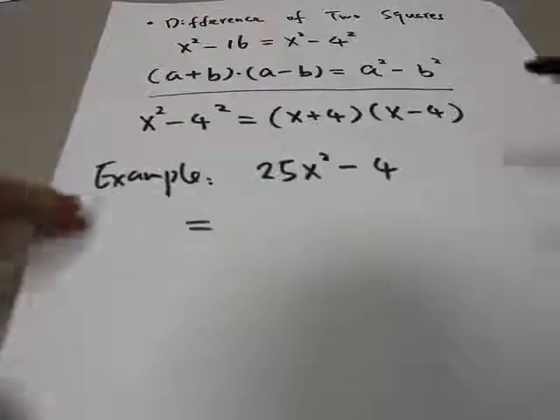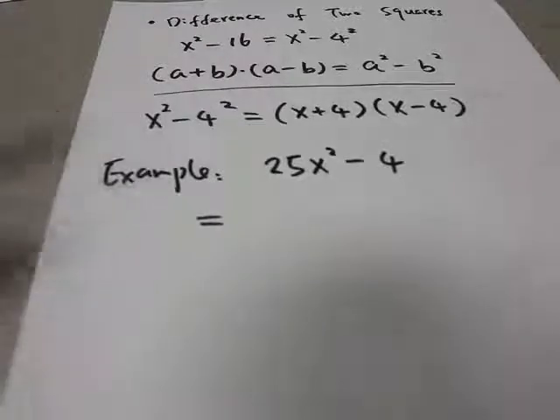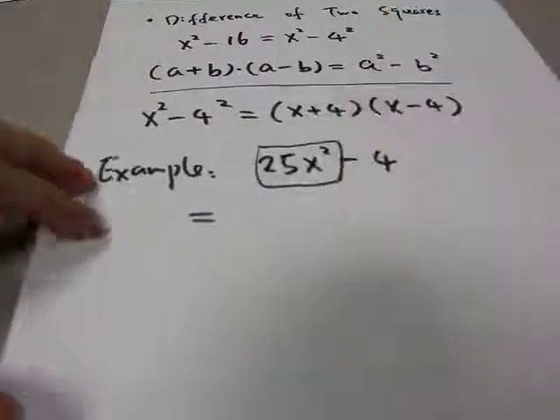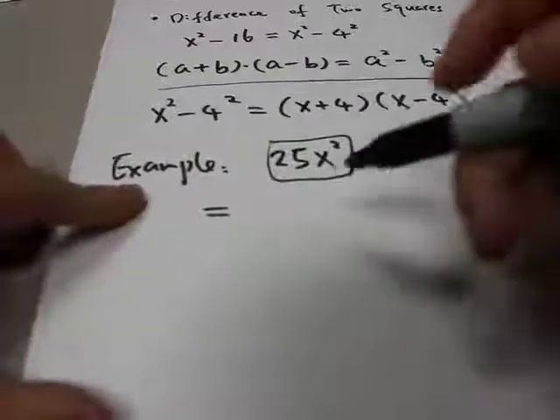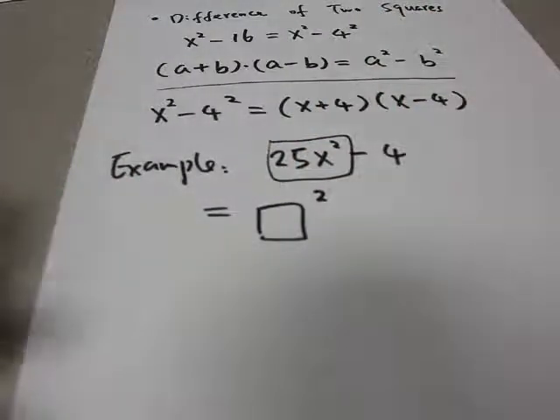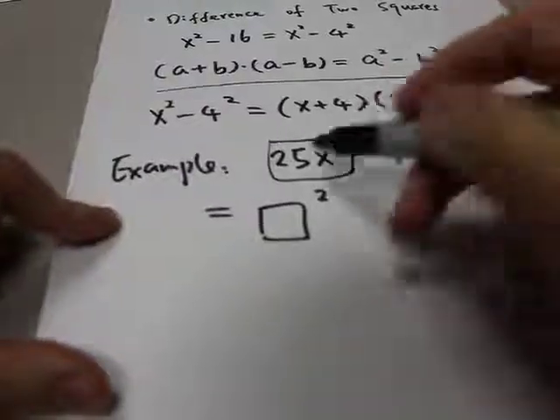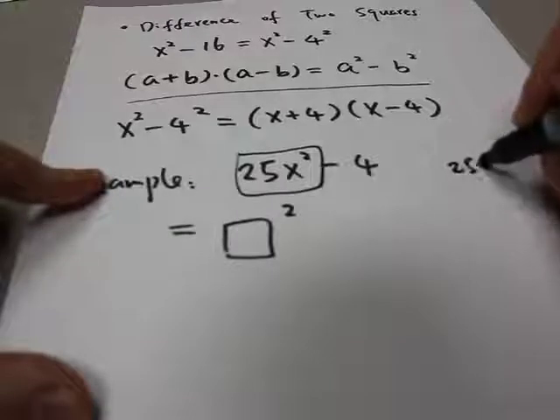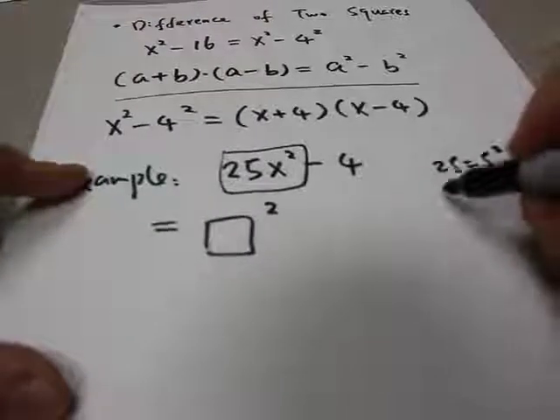So to do this, first you have to write each term into a square of something. Okay, so 25, how can I write this into a square of something? Because 25 is a perfect square number. 25 is 5 squared. So therefore,